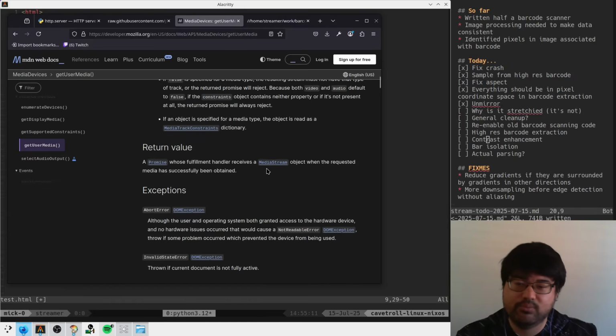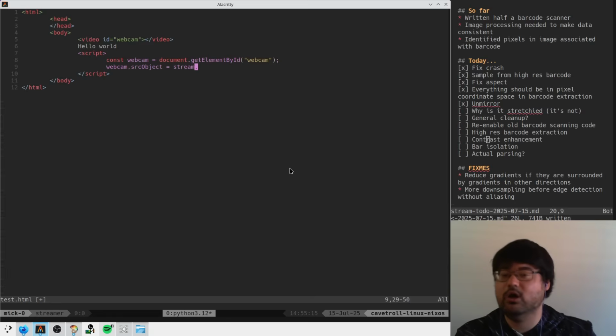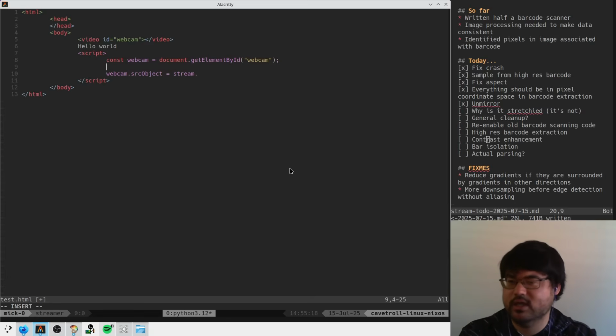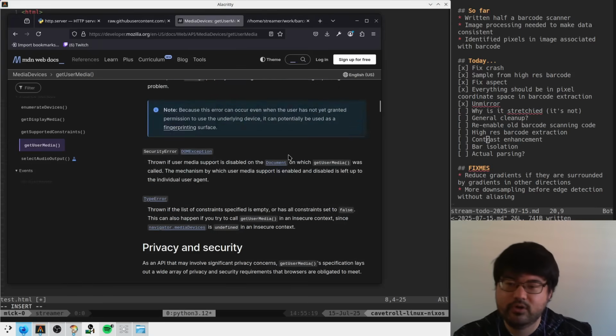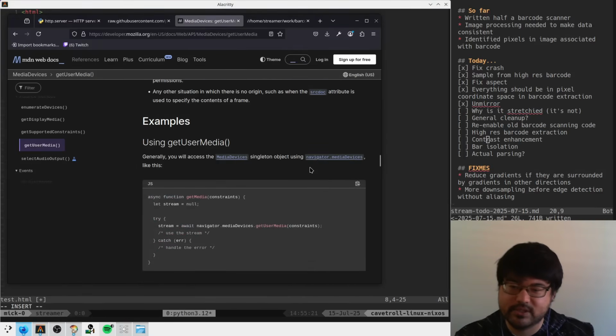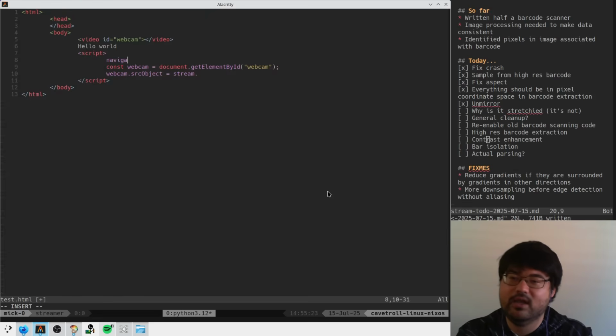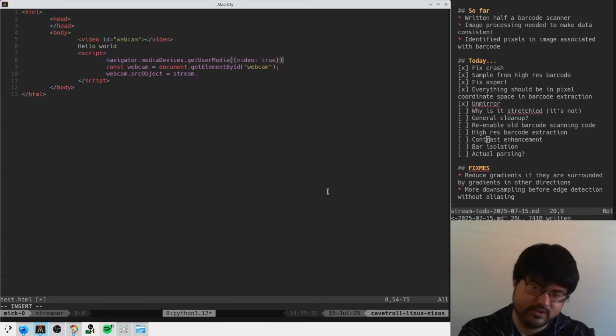Return value is a promise that receives a media stream object. So what do you say? I'm supposed to use this through some global singleton. Navigator, media devices, get user media, video true, right? So something like that,